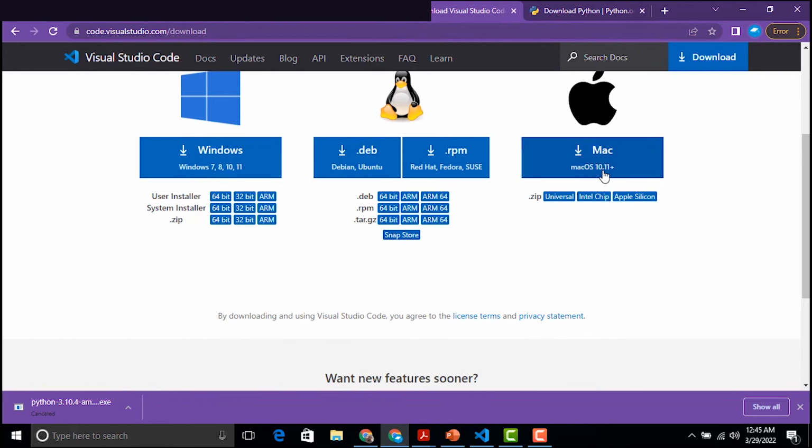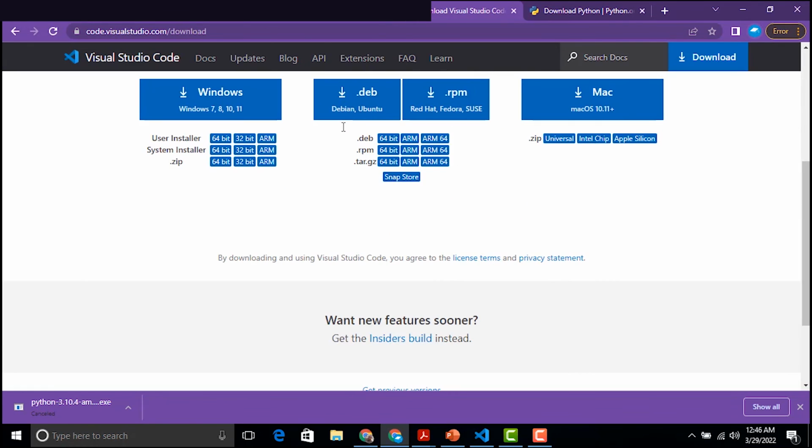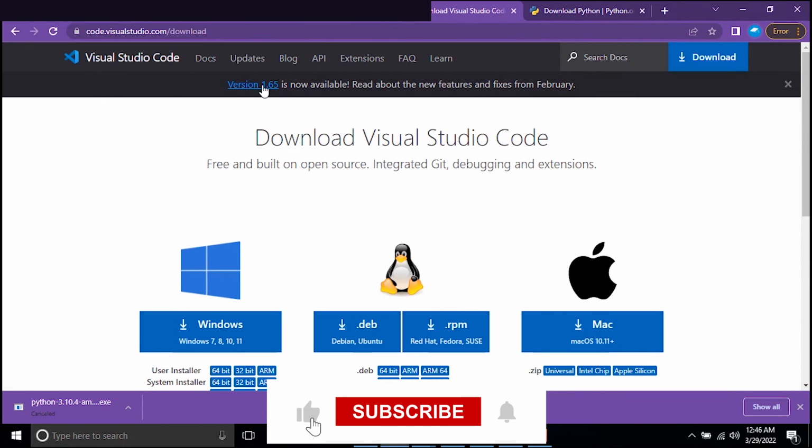Whichever device you are using, Windows, Linux, or Mac, you just choose whichever option, whether you are using a 64-bit, 32-bit, or an ARM processor. So this is how we can download the text editor and